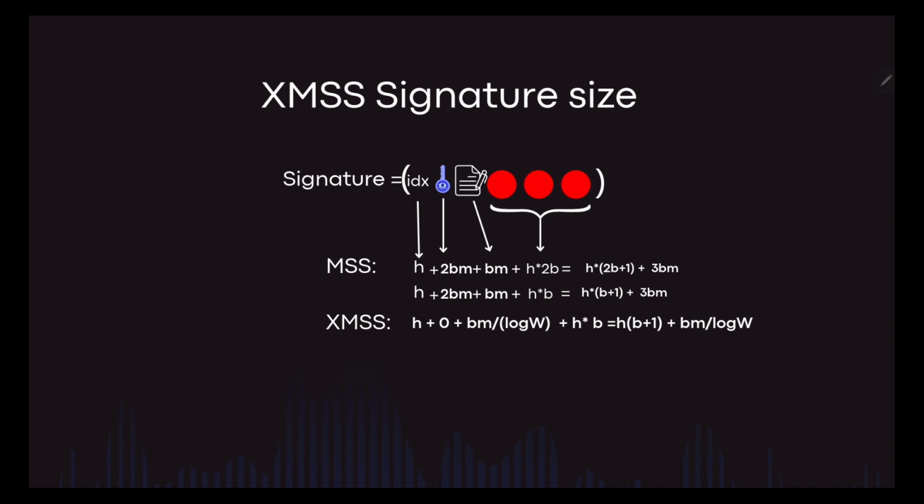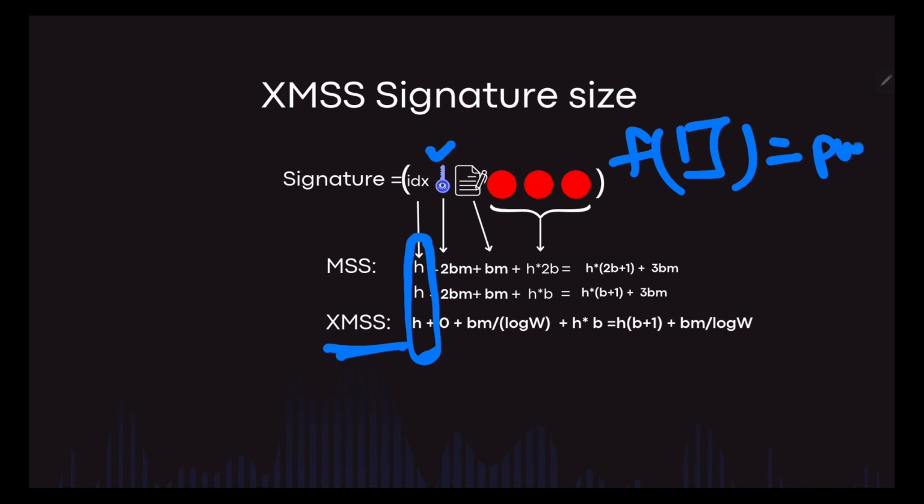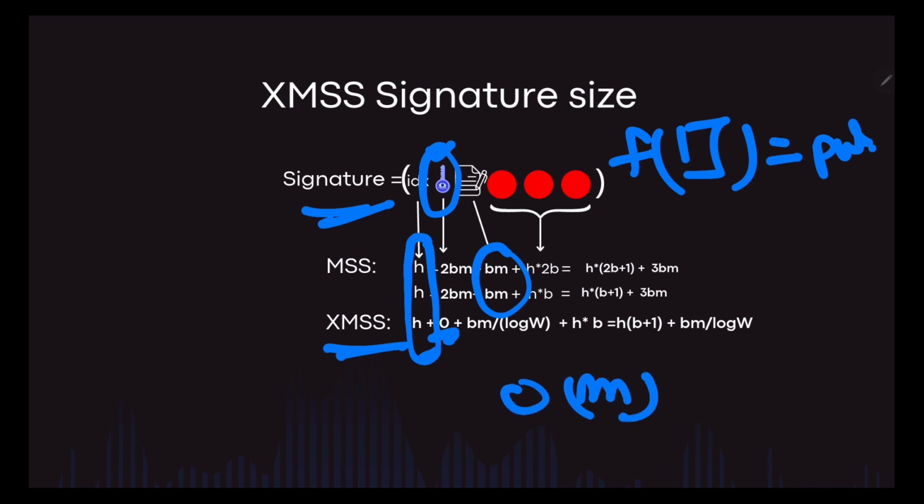Here, if we consider the size of the XMSS scheme, then the height is taken, which is constant. Also, we know that this public key is a function of the signature scheme, so we need not pass this public key as part of the signature, so the size is 0. And also we know that for this signature, here we are considering the Lamport-Diffie scheme, and so order of m space is required over here.